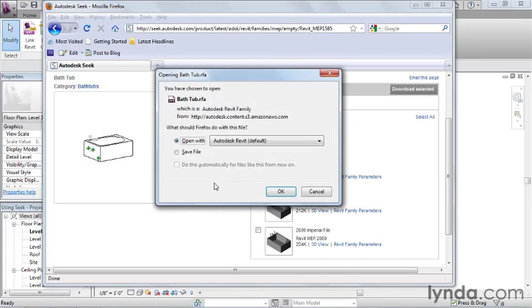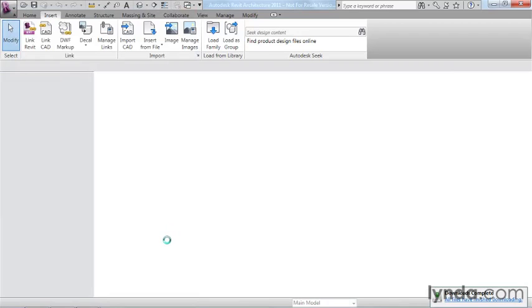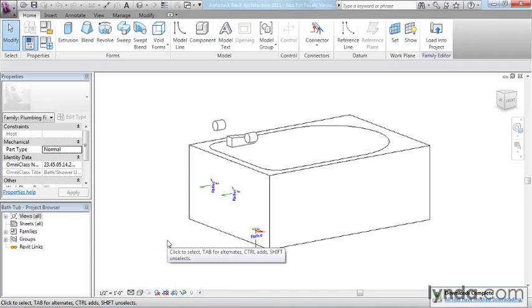Now, if you've never used Seek before, if this is your first time, you're probably going to be presented with a screen that's going to ask you to read the usage statement and agree to the terms. So you should definitely do that the first time, and then you can click accept, and then from then on, it will just allow you to download as I'm doing here. We have 2 choices. We can open it directly in Revit, or we can save the file. I'm going to go ahead and open it directly in Revit,